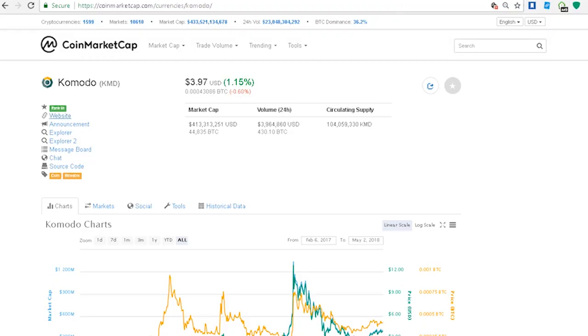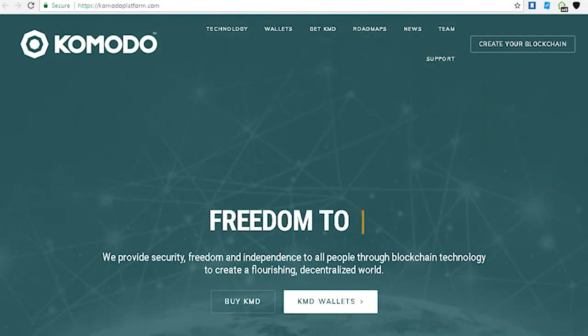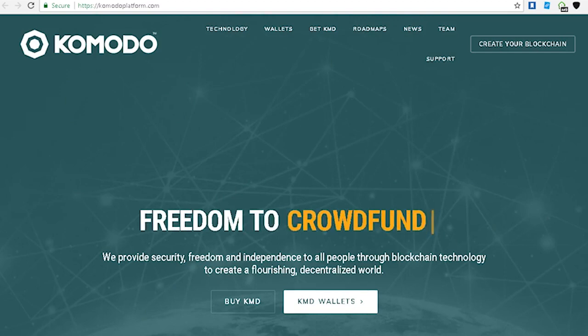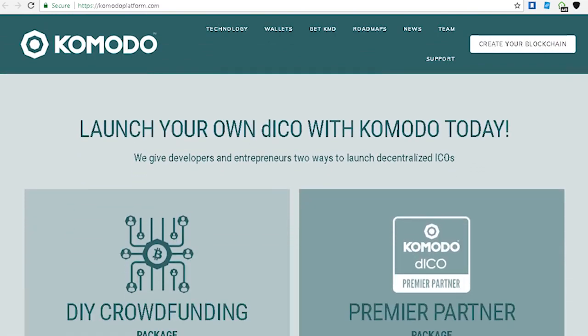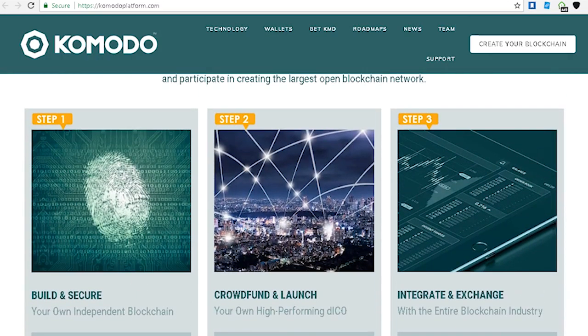Now moving on to Komodo. Komodo is the underdog currently in the cryptocurrency world. It's also one of the new coins. Many people are not yet aware of it. Komodo achieves anonymity by implementing the zk-SNARKs protocol inherited from Zcash as well. This is why it has similar limitations to Zcash in terms of private transactions. Also, Komodo is not only for private transactions because they are much more focused on decentralized exchanges, cross-chain atomic swaps,